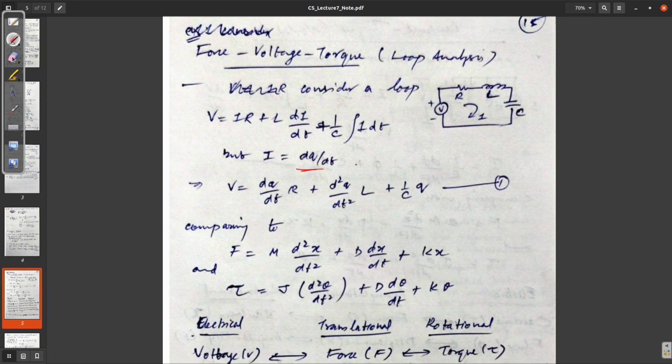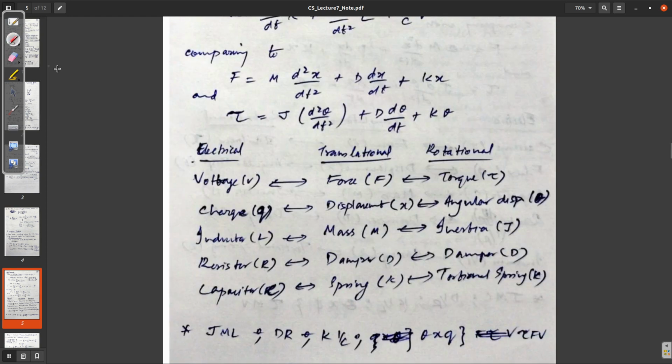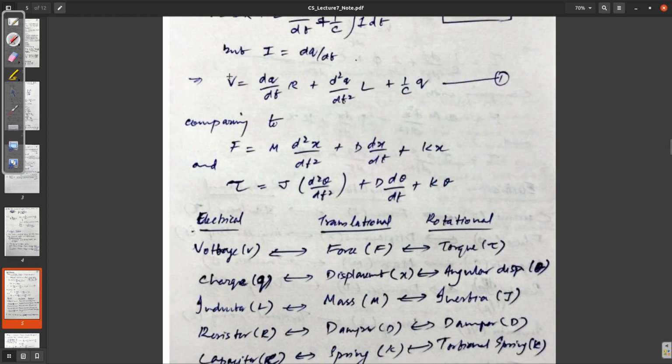So from this we can see that if we are taking voltage as equivalent to force or torque,